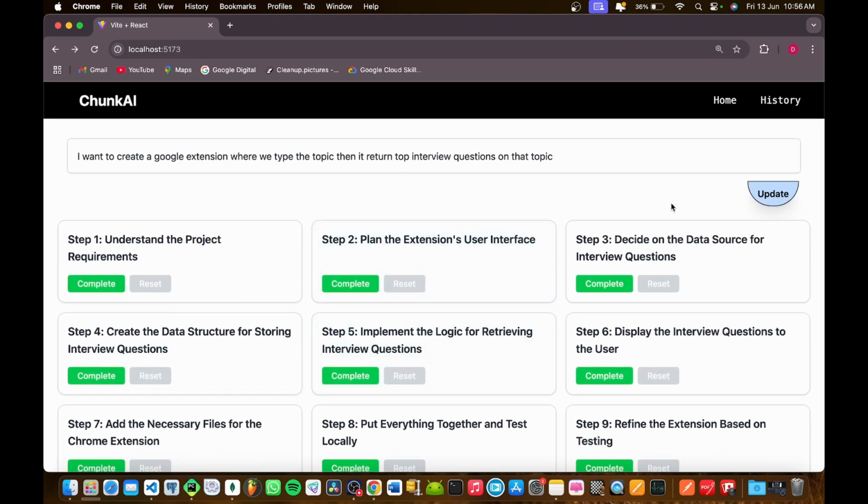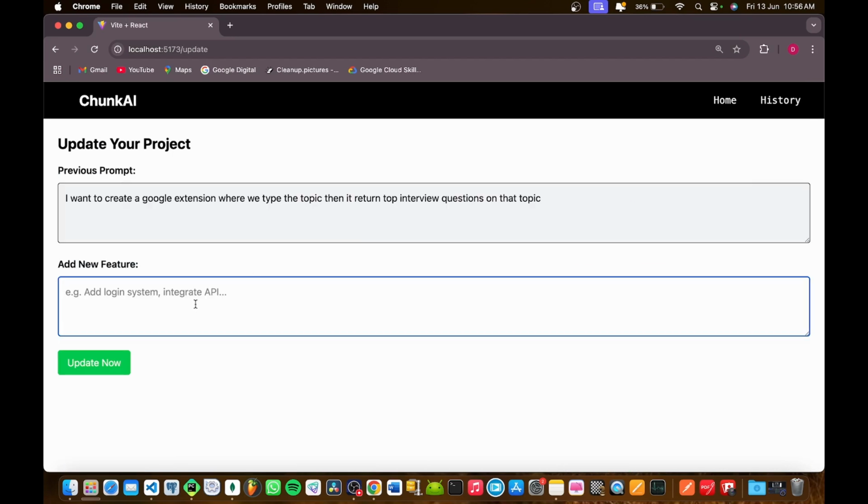And there is also a cool feature in this project, which is update, because sometimes in the middle of the project we will get some new ideas. I mean, we need to add some additional features to this project. So I will show you in a minute. For this above project, instead of